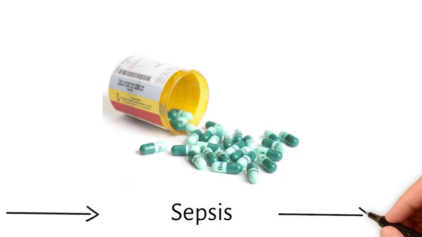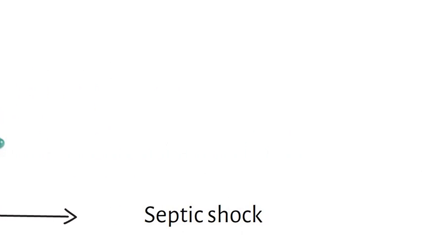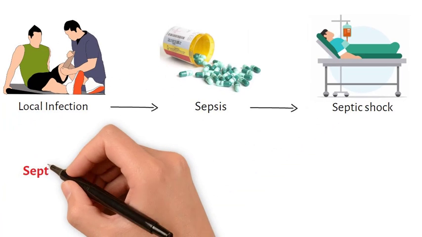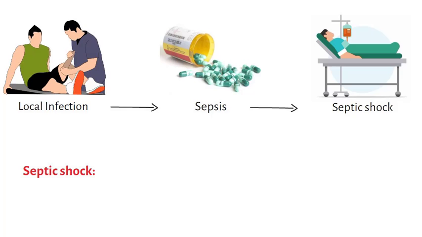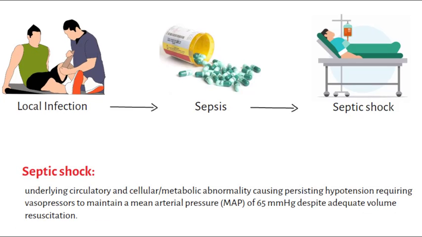Left unchecked, this will progress to the worst case scenario, septic shock, which is life-threatening hypotension requiring vasopressors to maintain a mean arterial blood pressure of at least 65 millimeters of mercury. The key difference between sepsis and septic shock is that septic shock is characterized by life-threatening hypotension. Patients are dependent on the use of vasopressors to support a blood pressure high enough to ensure organ perfusion and